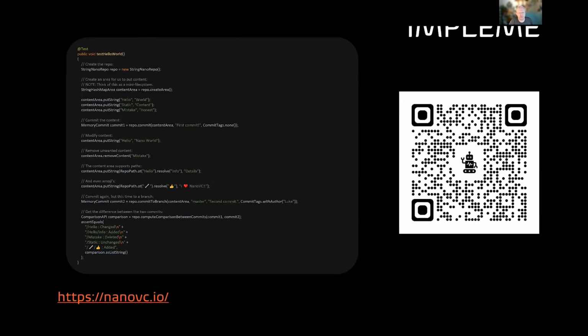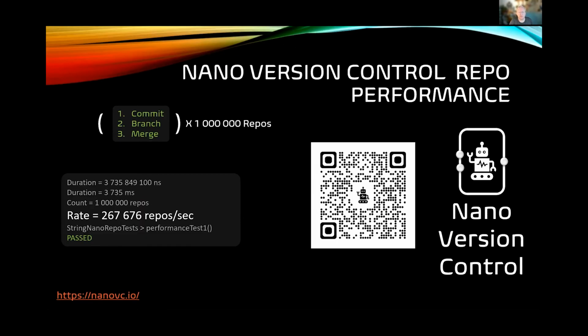Something else that we've got early results around is the sheer performance of being able to work with this data structure in memory, which is quite exciting for me. And it shows quite a lot of promise.